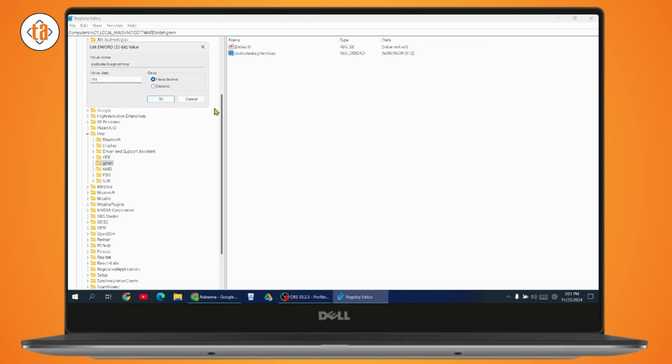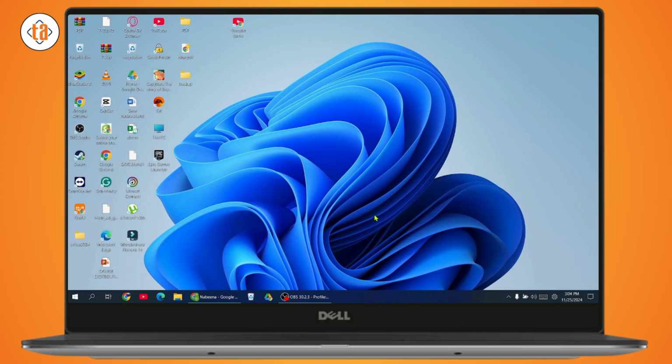And then you can go with OK. Or you can simply choose the higher value data. So go with OK and close this, restart your computer. After restarting, it will increase your video RAM graphics without any